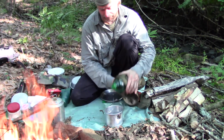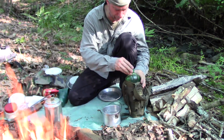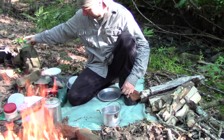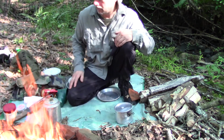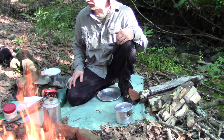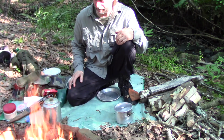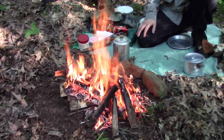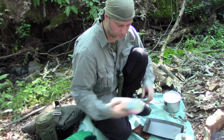Yeah, that's going to die down here in just a minute. Let's see. Where's the lid? There it is. All right. Just waiting on the fire to die down. I think it's starting to die down enough that what I'm going to do next is let's go